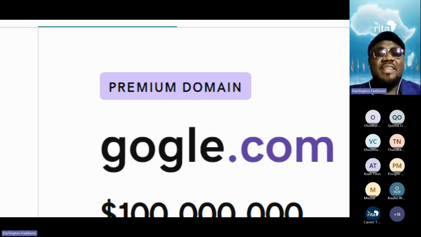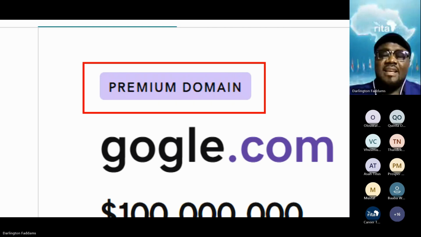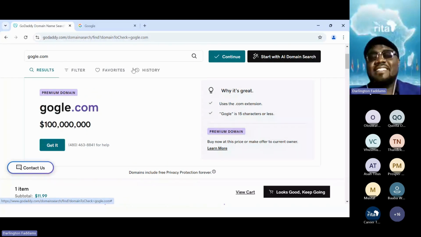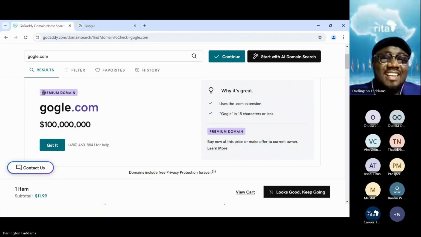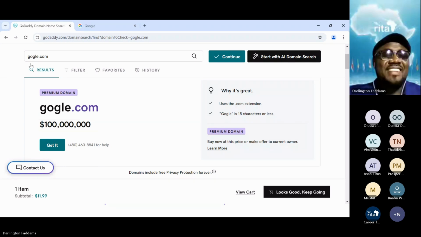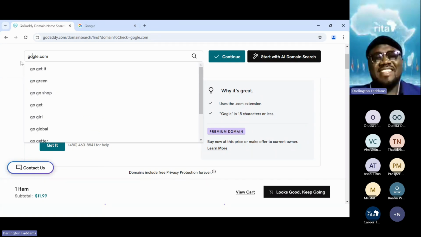I told you that we'll be encountering something called premium domain names or premium names. I'm going to tell you what premium means. What is happening here is something else. I'll talk about it when we get there. Wow. Can you see the amount? Wow. Anyway. Wait a minute. I'll talk about it. It's part of what I'm building.